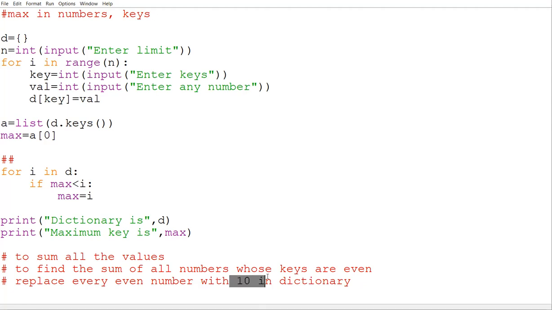It is not like you are only going to print. In the dictionary, the changes have to be there. So you have to replace every even number, even number meaning value part, with 10 in the dictionary. So if I have given you the values 45, 56, 76, the answer should be 45, 10, 10. All even values must be replaced with 10. Is this clear now?